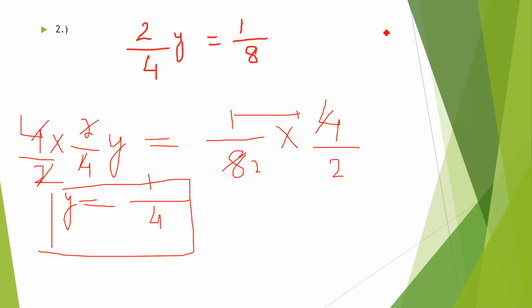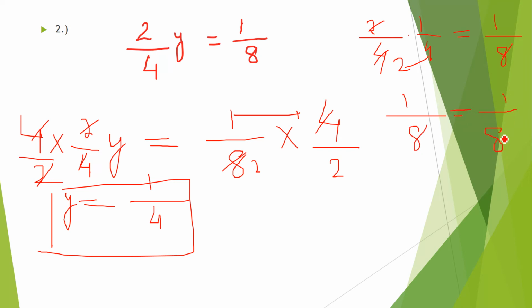And you can prove it. How? I will show you. Write down the question 2 over 4. Instead of this y, we can write down 1 over 4. Dot means multiplication. 1 over 4 is equal to 1 over 8. 2 1 times 2, 2 2 times 4. So in the numerator you have only 1. Denominator 4 2 times 8. So 1 over 8 again is equal to 1 over 8.